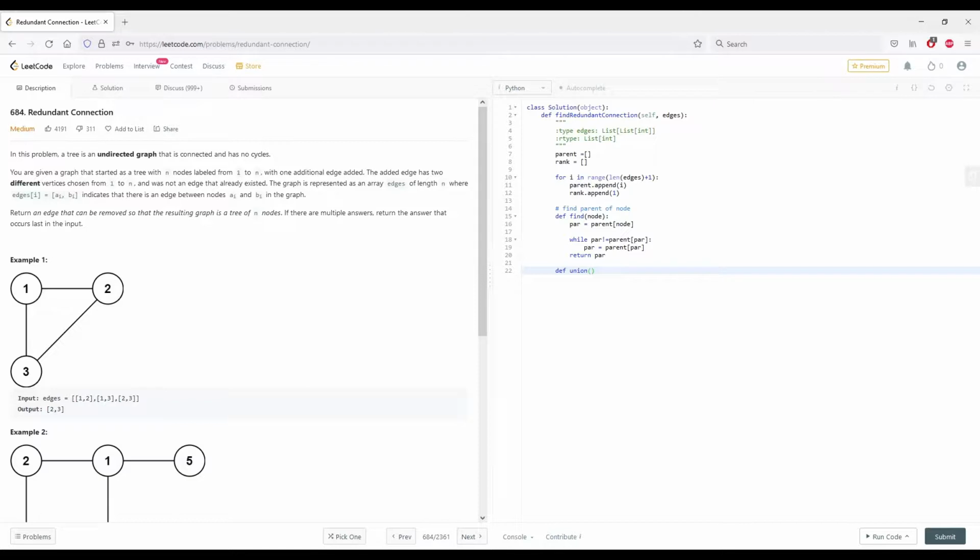So union between node 1 and node 2. First what we want to do is find the parents of node 1 and node 2. We want to check if they're the same. If they're the same, then basically that means we have a cycle. That edge is a cycle. We'll return false. That will make more sense why we return false later. Okay, else what we want to do,